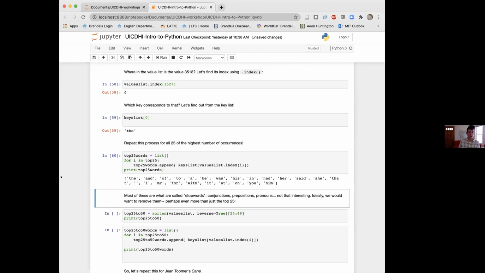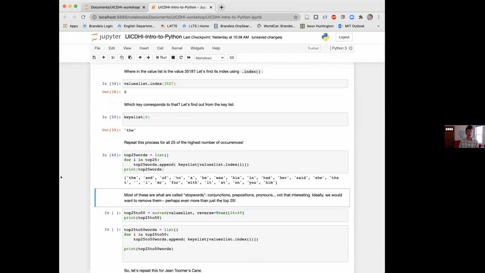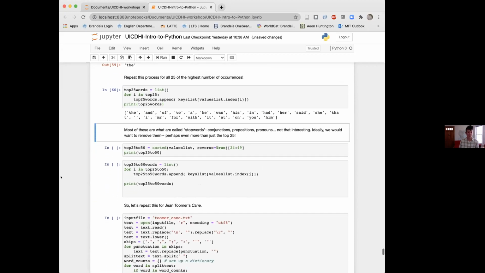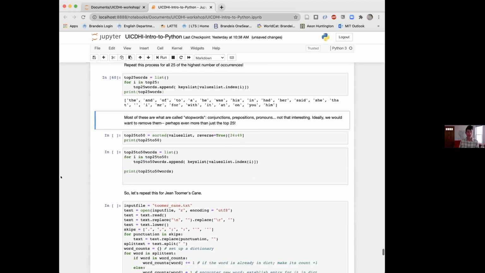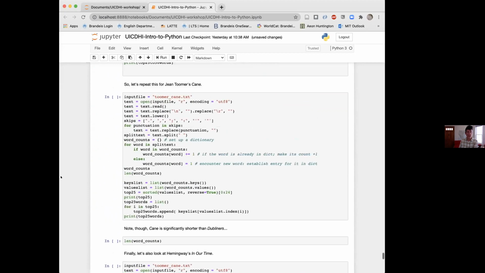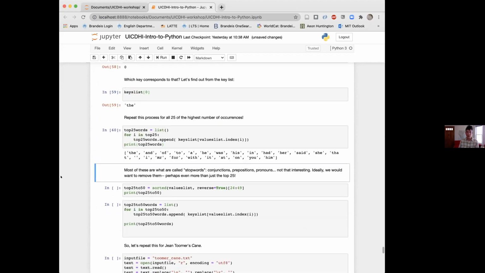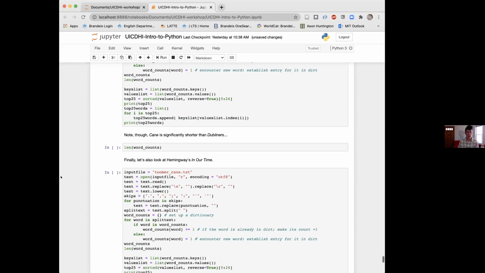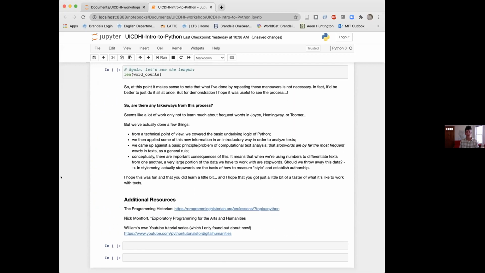And so we've got these. That's it. You can take a look at the rest of the document. It basically just does the same thing for Kane and in our time. I wasn't expecting to get to those. But the point is, and maybe I'm just going to scroll down to the end, is that basically what we've